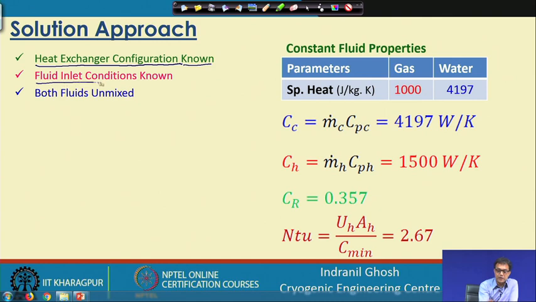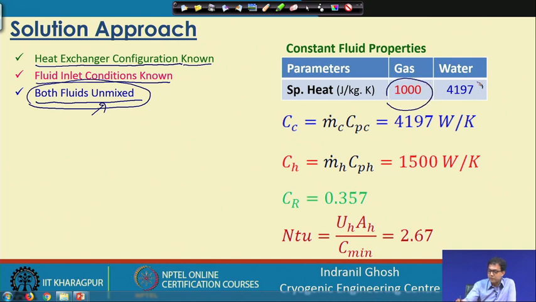The fluid inlet conditions are known, the entry temperature, and it is already decided that both the fluid streams will remain unmixed, and we want to find out the